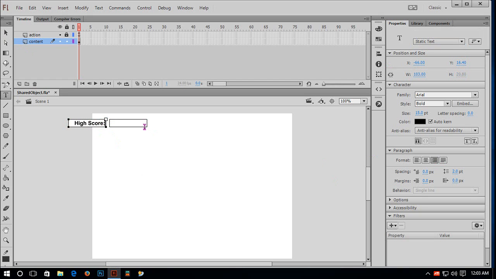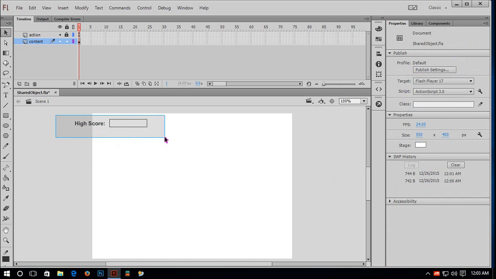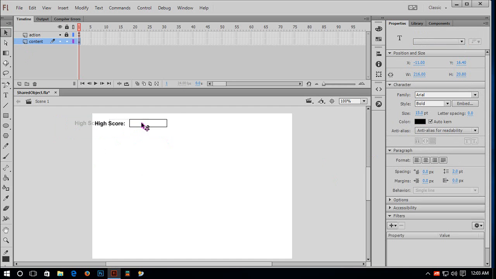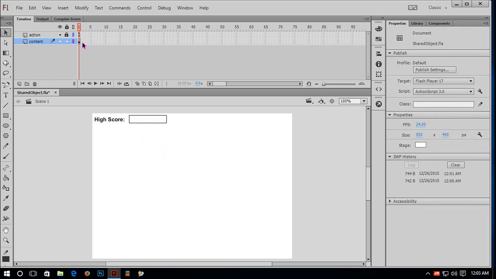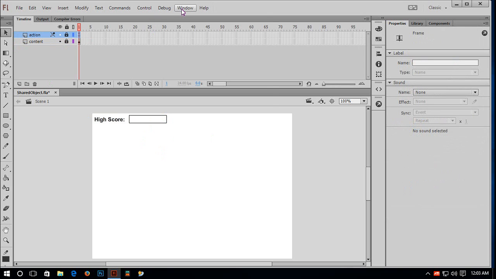Also give a colon and drag it inside stage, and also change alignment of it, align left is okay, I think. It's done now. Lock this content layer, go back to my action panel,